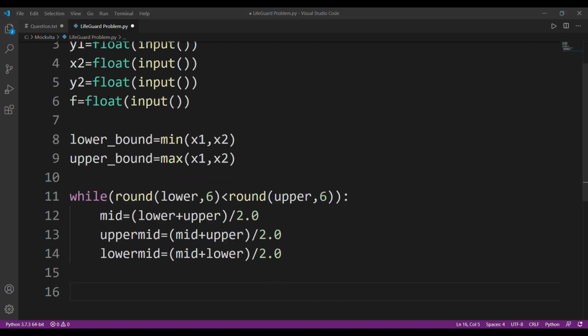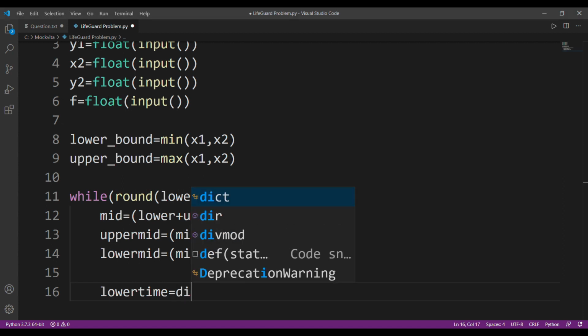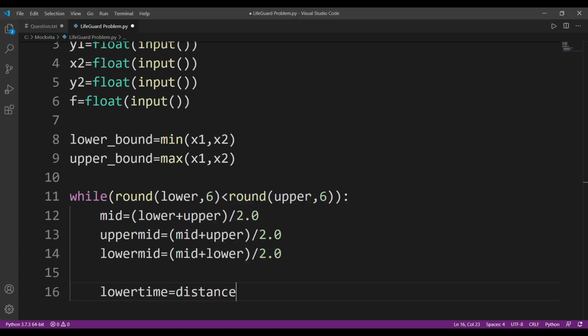Okay, now we have to calculate distance. Since we have our upper mid and lower mid, let's first calculate the lower time, which means that shaded area that I calculated. I'll calculate the time for that. And how am I going to calculate it? Firstly, I'll calculate the part for sand, and that will be running from x1 y1 till that lower mid coordinate, that 1.25, he's running from 2 to 1.25. And since it's on the x-axis, lower mid comma 0.